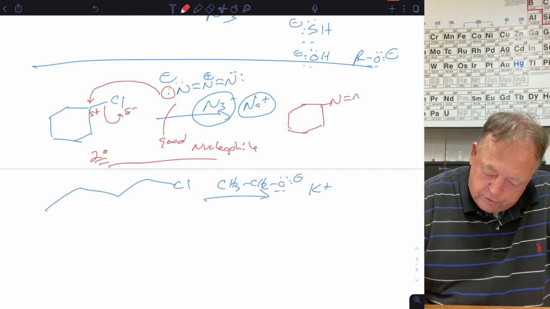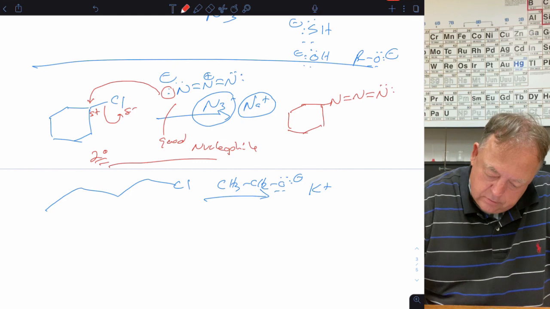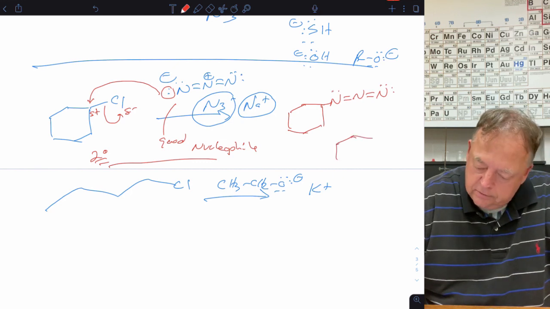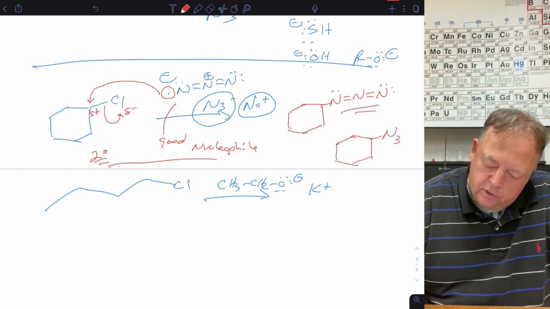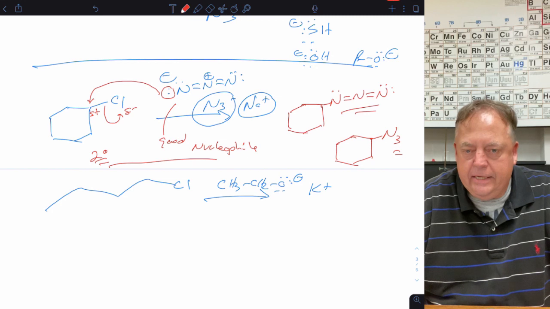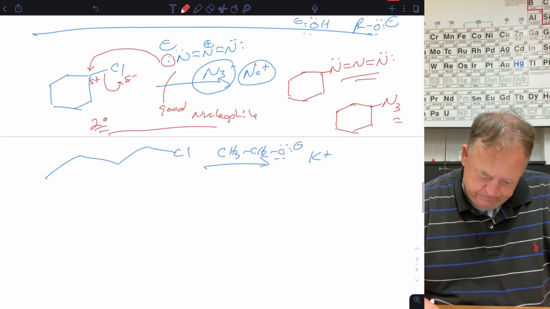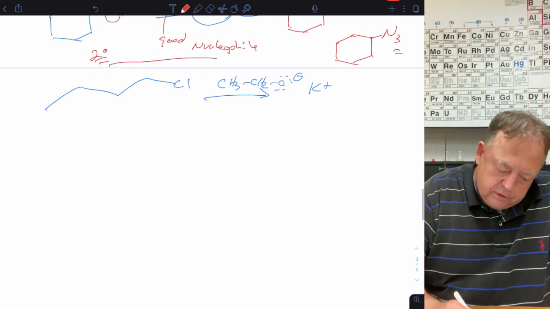So for an SN2 reaction. As we'll see, that's not always true for SN1 reactions. So for azides, you could write the Lewis structure out, or you could just simply write N3. That's perfectly fine. Okay, so for this next reaction,